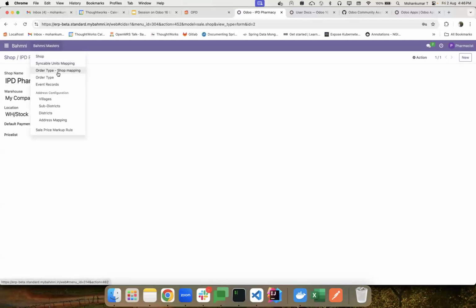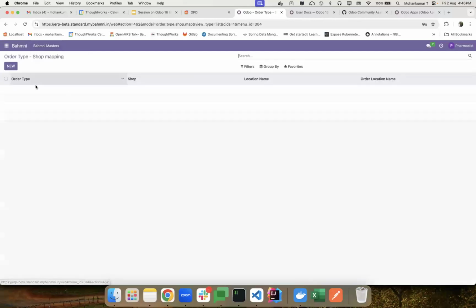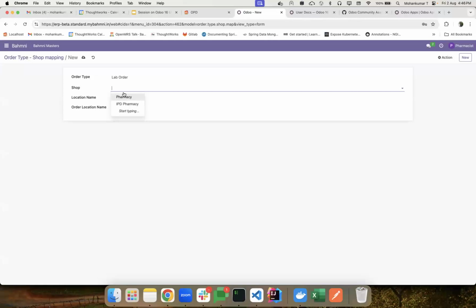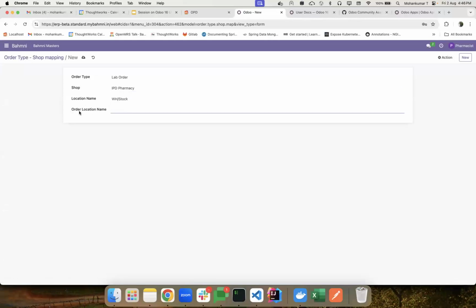Next, let's proceed to the order type shop mapping. Now let's create one. Let's say order type, as an example, take lab order. So any lab order should get synced to IPD pharmacy if the order location matches. This order location name would be the location name in Bahmni, so this should match the name. We are doing a name based match. So for example,